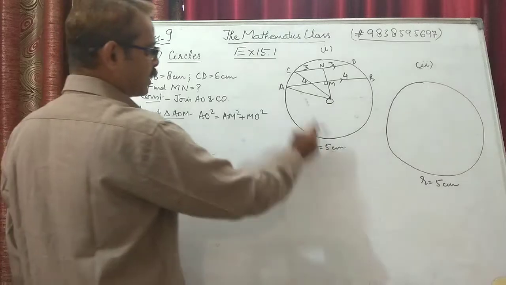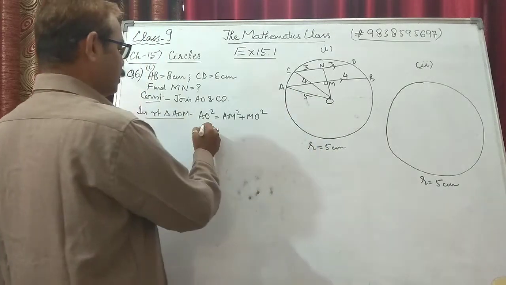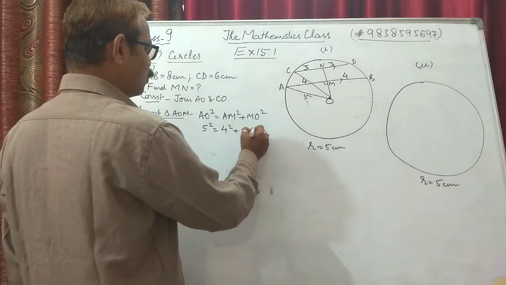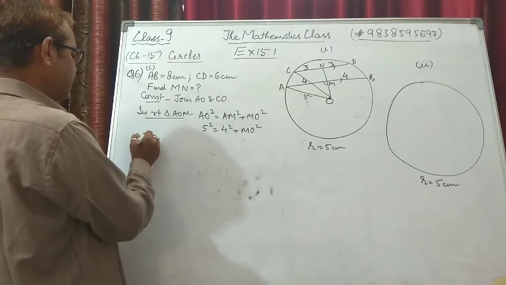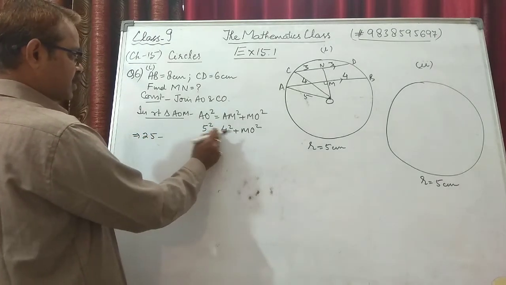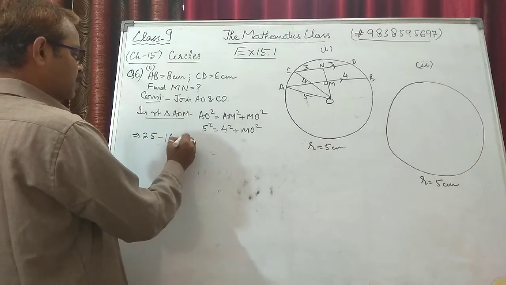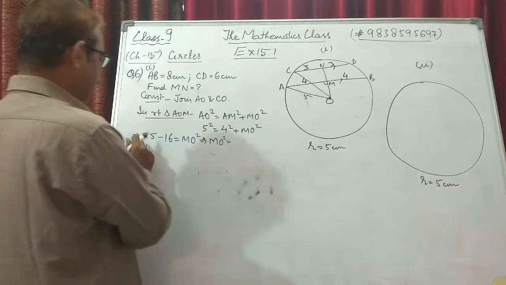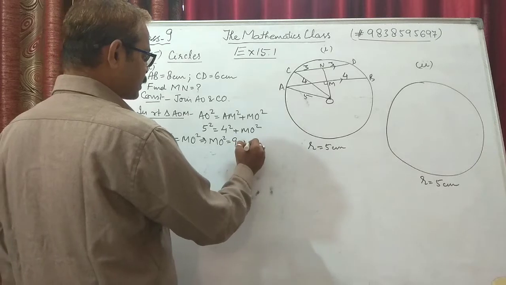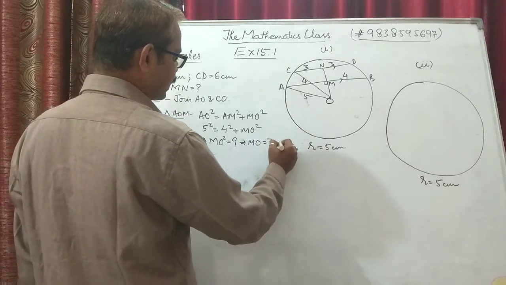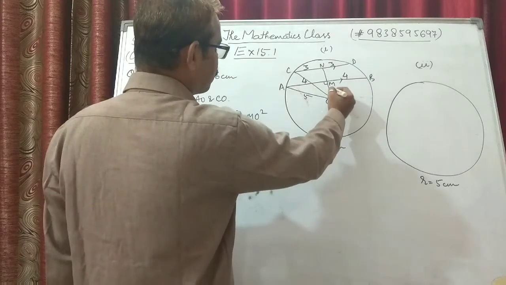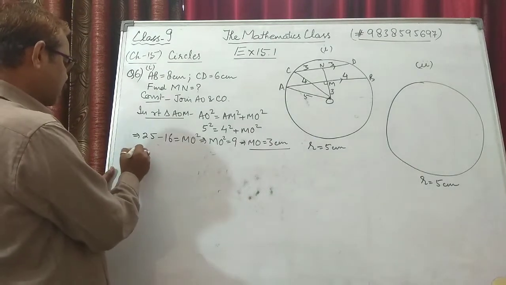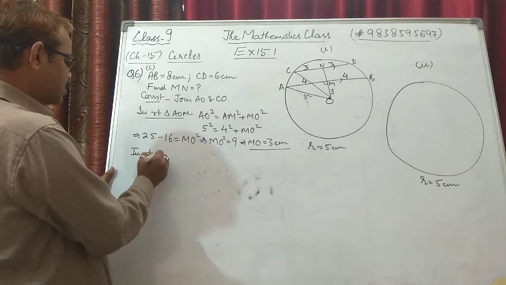Now we will calculate radius is 5, so AO will be 5. So 5 square, AM is 4 square plus MO square. 5 square is 25 minus 4 square 16. 16 comes to the side, so it will become negative, is equal to MO square. Implies that MO square is equal to 25 minus 16 is 9. Implies that MO is equal to 3 centimeters. Means this OM is 3. We have got this as 3, O to M. Now we will consider the other triangle in a right triangle